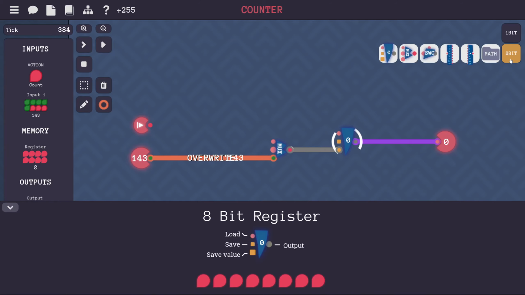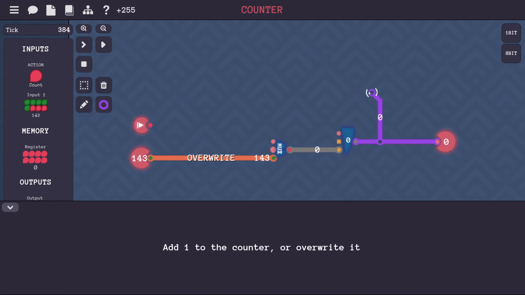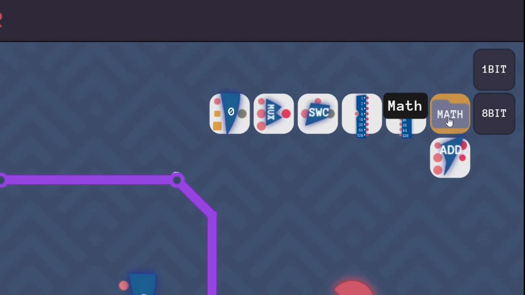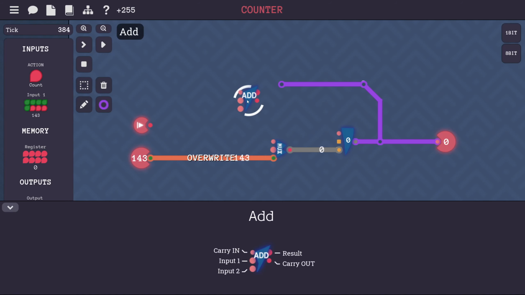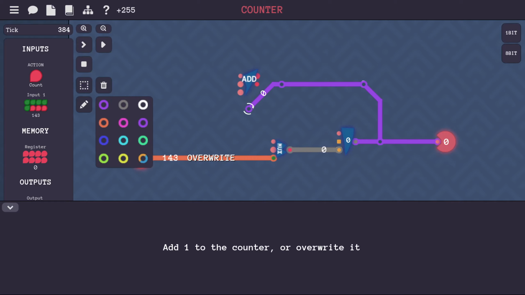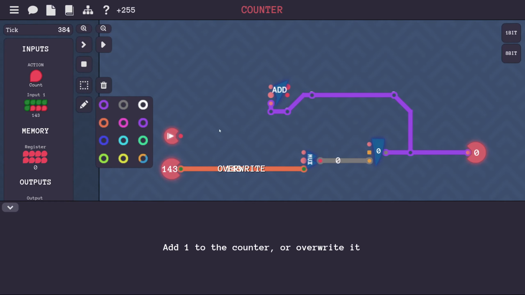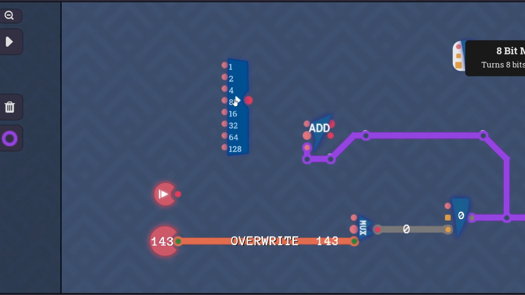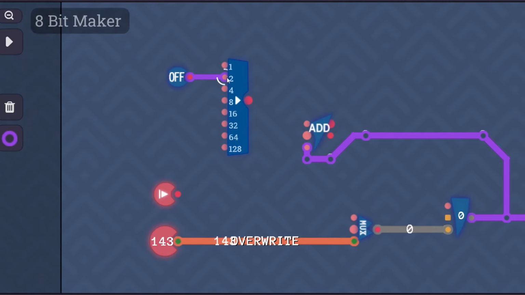Now whatever output of this is going to be the previous value, and we need to add 1 to it. So let's get our 8-bit adder. We're going to need that. Let's make the first input here the previous value, and we need to add 1 to it. So we're going to have to use this 8-bit maker trick again. Let's go ahead and connect all of